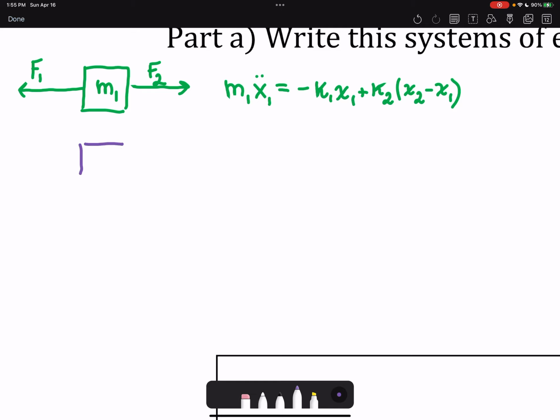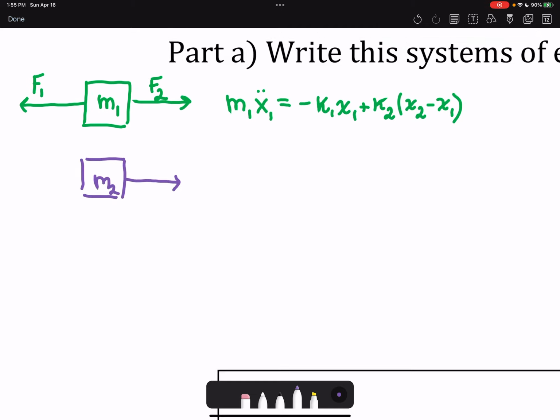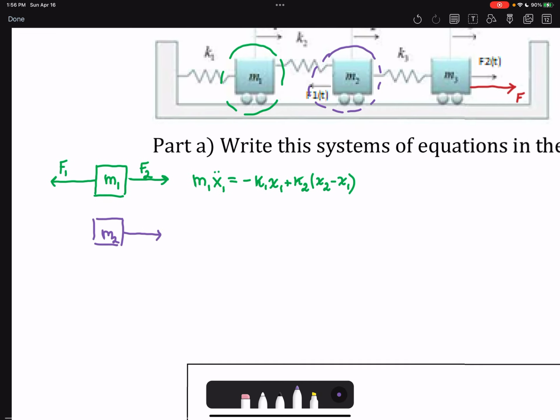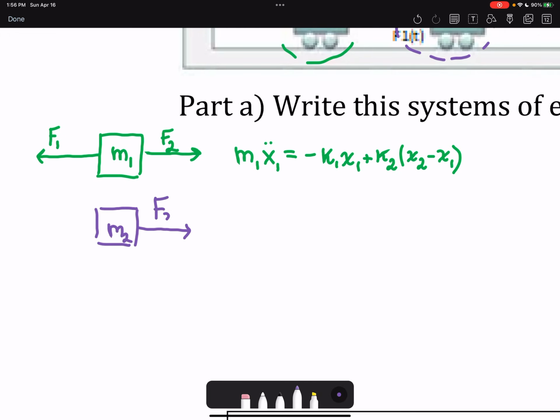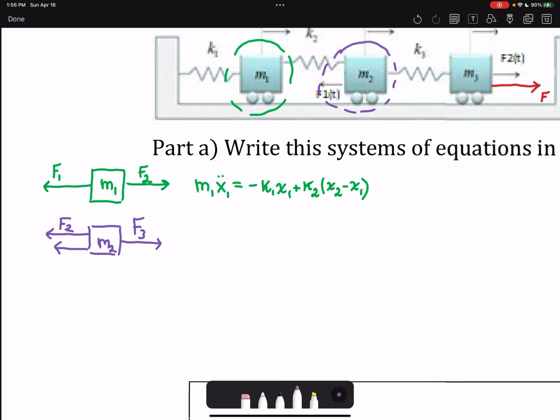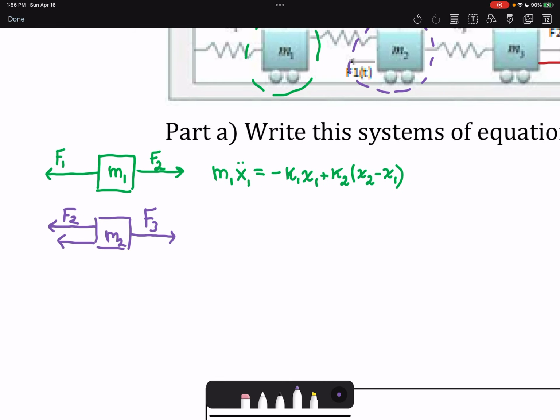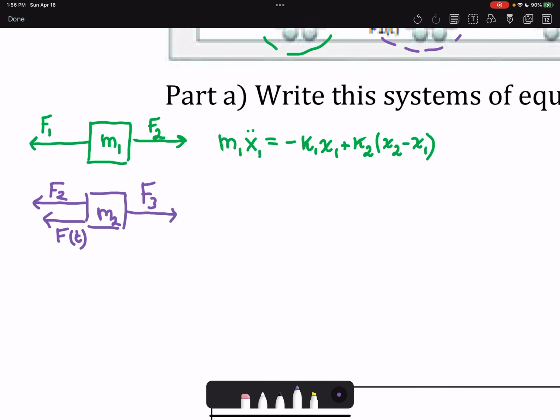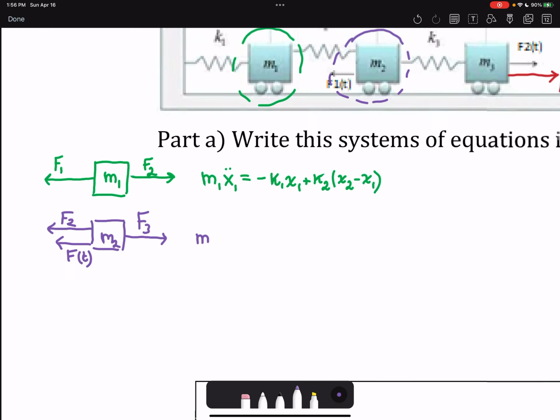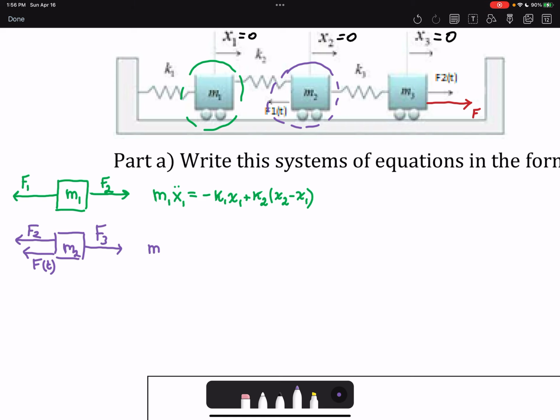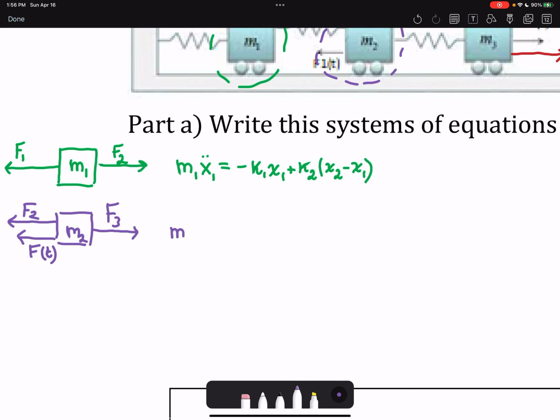So I notice that this block, which is M2, has a force going this way, which is from spring 3, F3, and then we have a force from spring 2 going back, and another forcing function, f of t right here. So how can I model this? Well, if I imagine that this is offset from equilibrium in this direction just a little bit, then